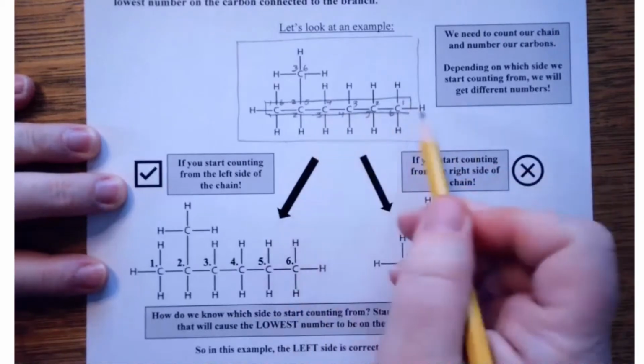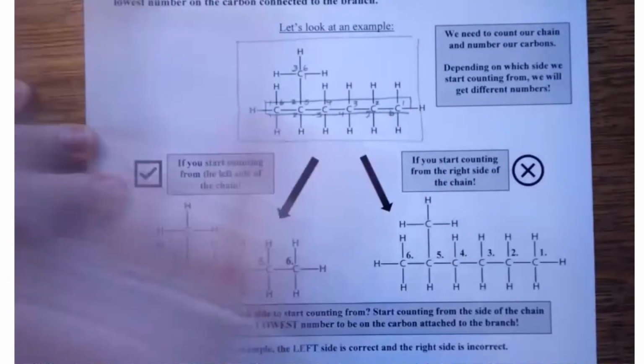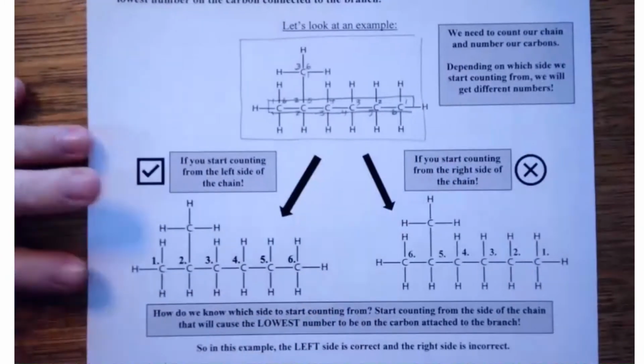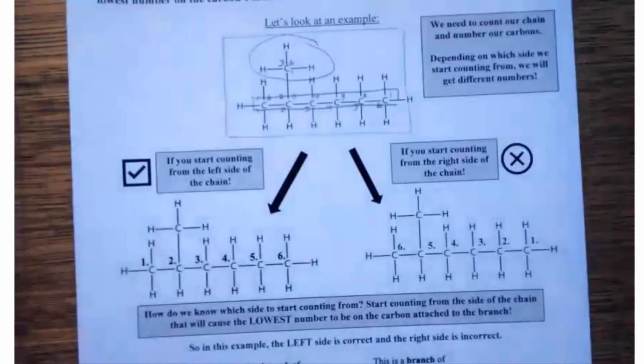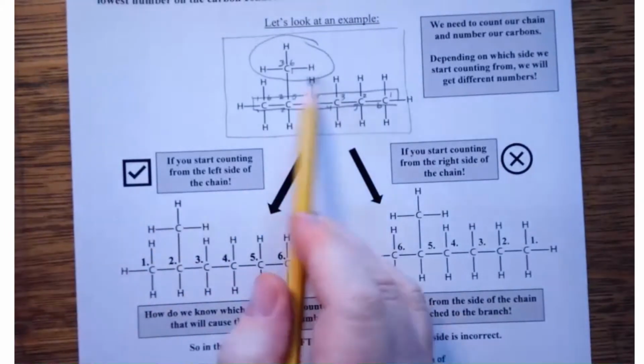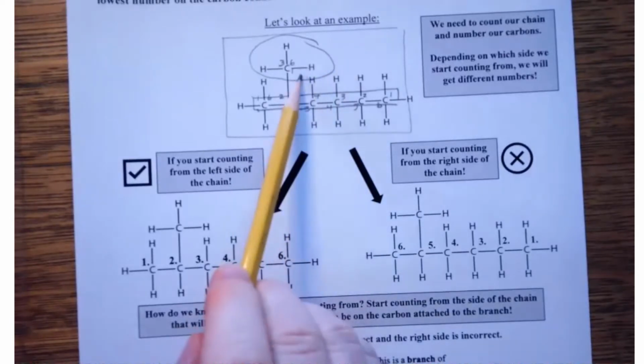Okay, now that I have my chain, what I need to figure out is, is there anything off the chain? Off the chain, I need a branch. Here we go. This is a branch, right? Do I have any other branches? No, because the rest are hydrogens. Hydrogens don't count as branches, okay? So this branch